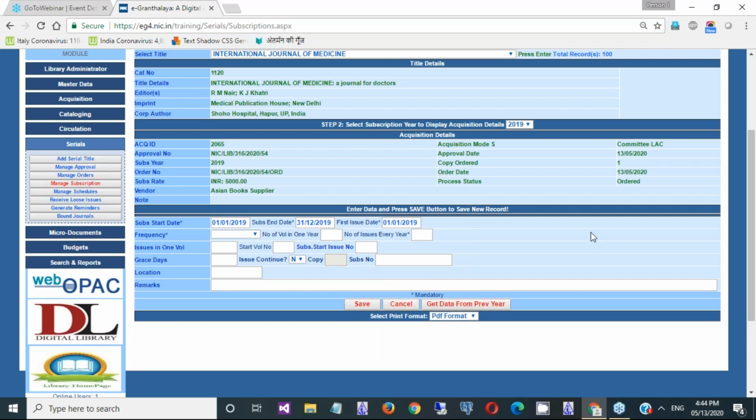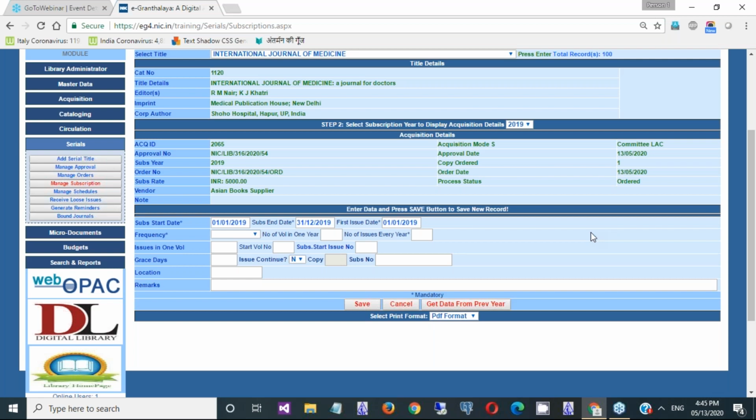For example, this form is very complicated. The reason is that there may be various scenarios or so many variants of publication of a particular journal title. Some journals start from mid-year or mid-month, and even in your subscription case, you may start from October last year to September next year, like that. And sometimes a fresh volume and issue number 1 may start in the previous year. So accordingly, you need to give all this data appropriately.